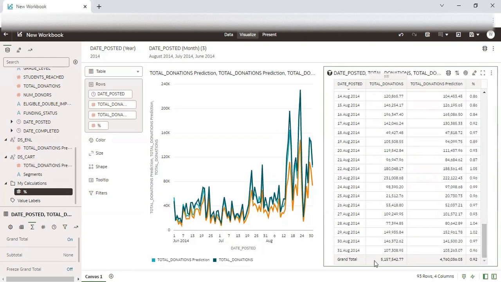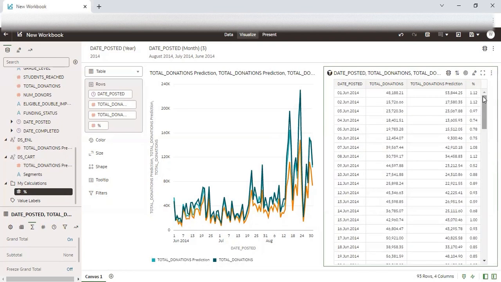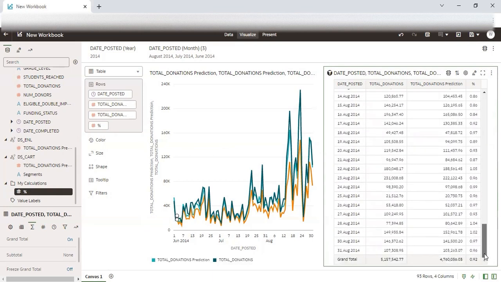If you see here, you can ignore the total donations in the first two columns, but what is important for you to see is the accuracy of the model, and this is the average accuracy. You will realize that sometimes the total donation predicted by the model is higher than the actual one, but sometimes it is very close. For example, for 3rd of June 2014, the accuracy is 97%. If I see the average accuracy of the CART model, it is 92%, which is very good because